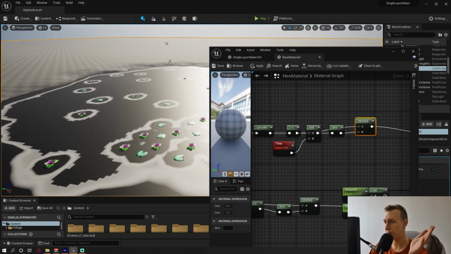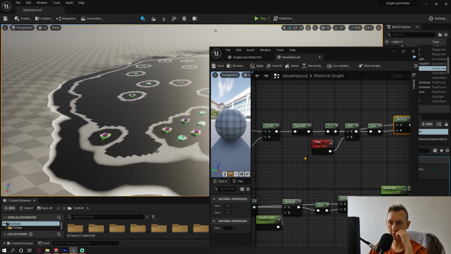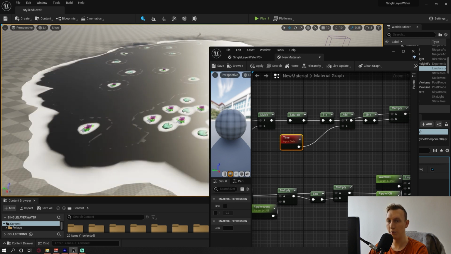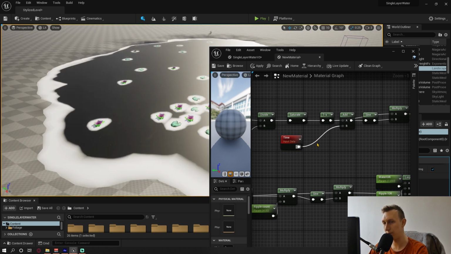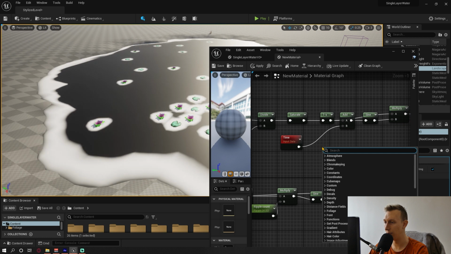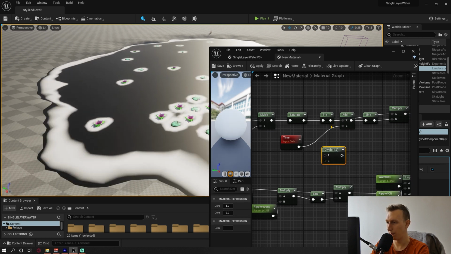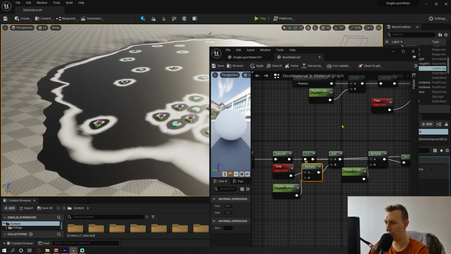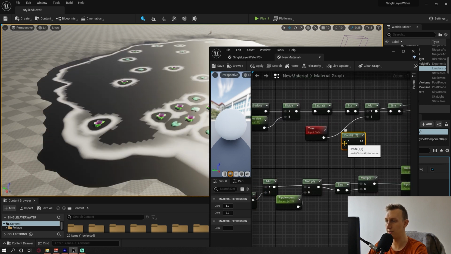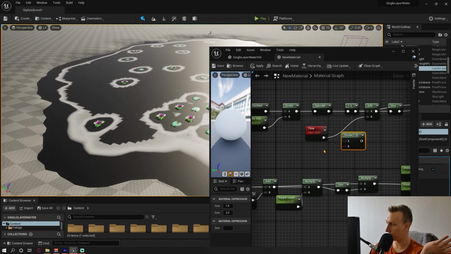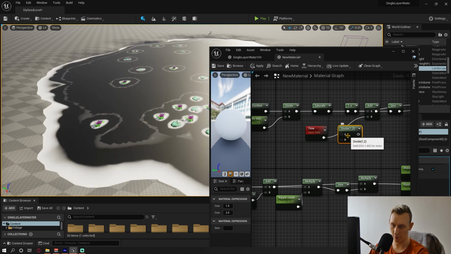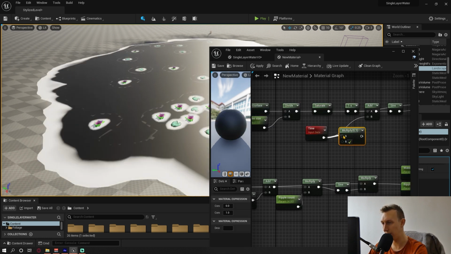Okay, cool. How do we control the time? You might ask. You divide it. So you want to make the ripples slower, so you divide the time. Although I used a multiply here, because with the divide you have to think about how much you want the time to be divided. So if you type 2, then it's going to be 2 times slower. Although if you multiply it,